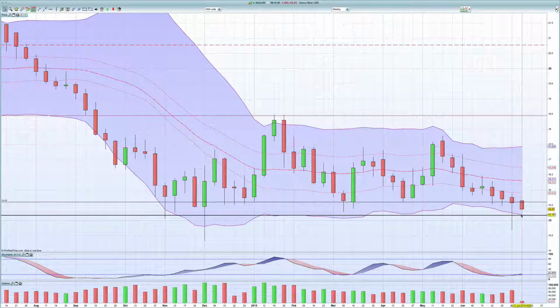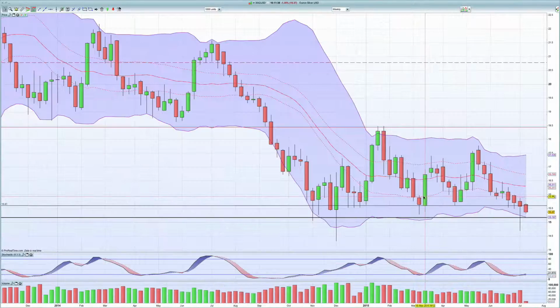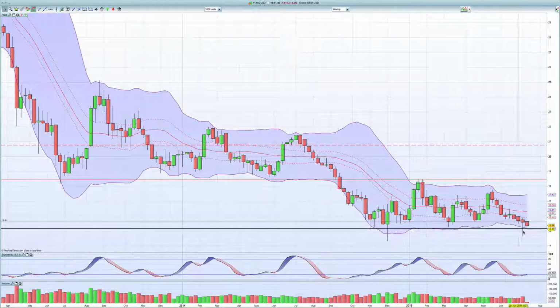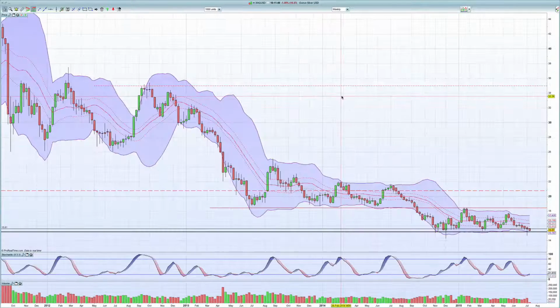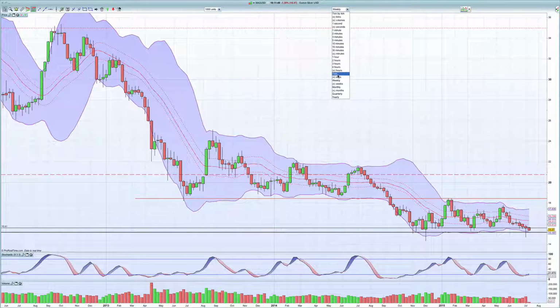The Bollinger Bands, we're going to find some support here around 1520. Again, I'll stick to my word. Any moves below this area here will be very well supported. The physical market is reflecting that, okay? That's your weekly chart. Stochastics are starting to move to the upside, so I think this market will find some support here at the low $15 range